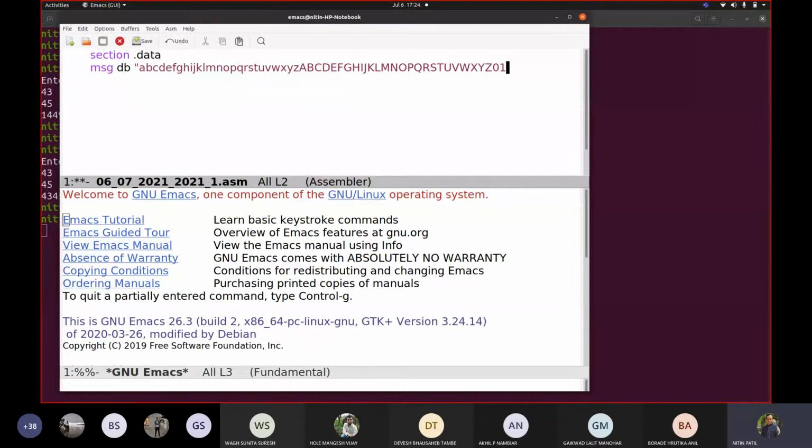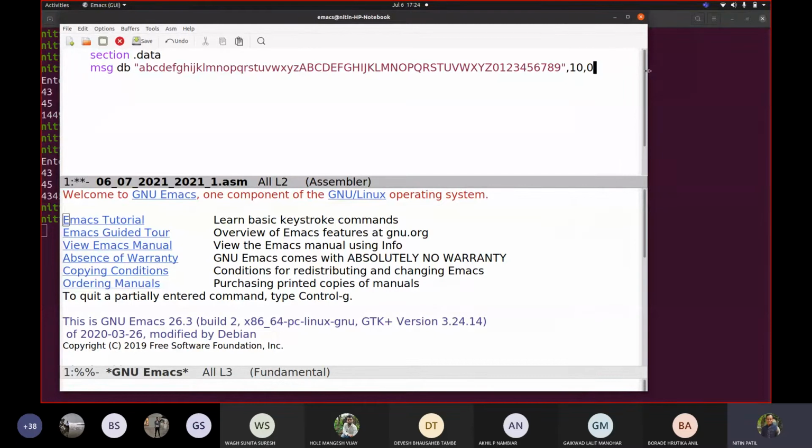Okay, then I am taking 0, 1, 2, 3, 4, 5, 6, 7, 8, 9. Fine, and then I am saying 10 and 0. Okay, so this is my code. This is how it looks. I'm not doing anything great here. I'm only interested in seeing what exact translation process is applied internally for this.